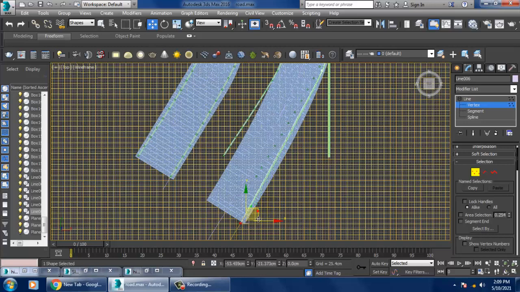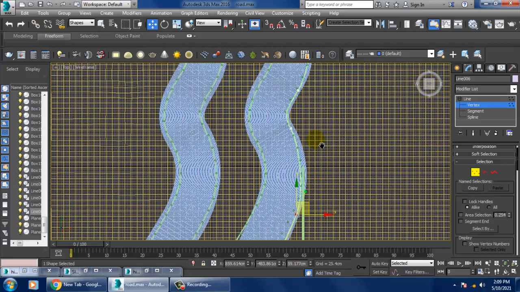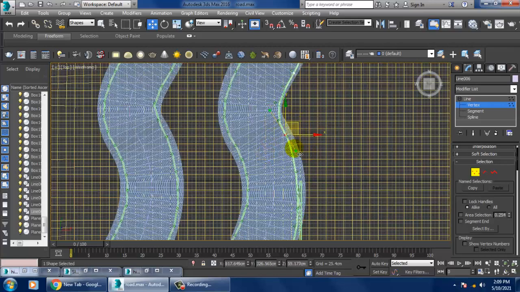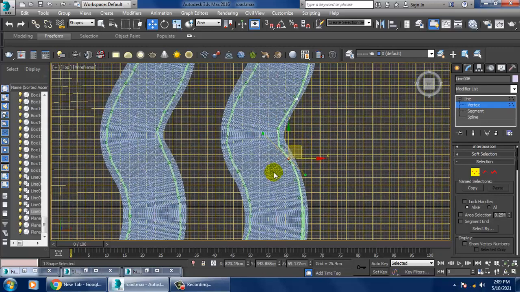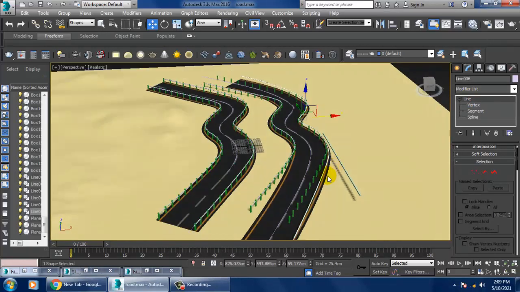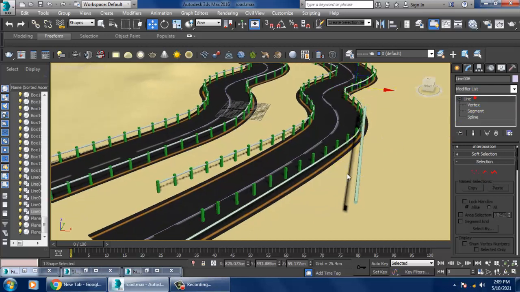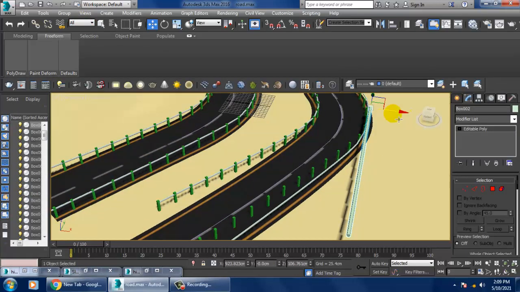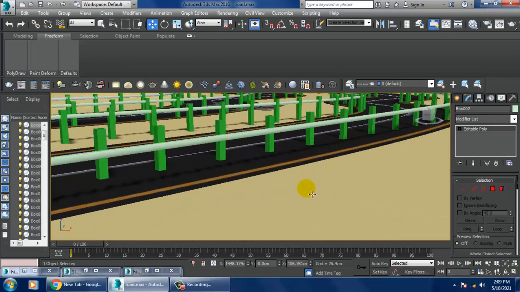So looks much better over here. So accordingly we have to again adjust this. So this is although adjusted over here.